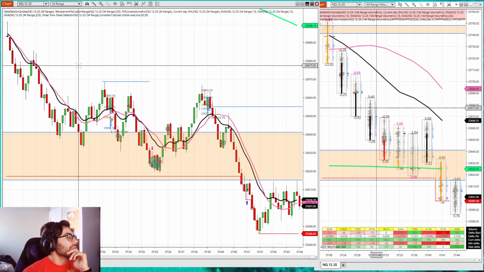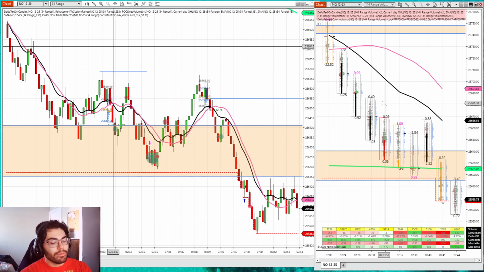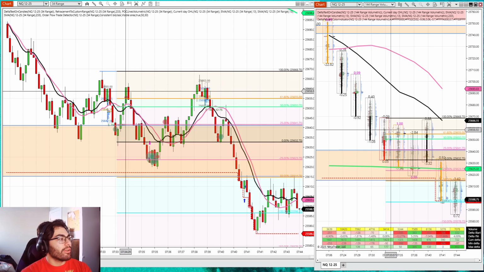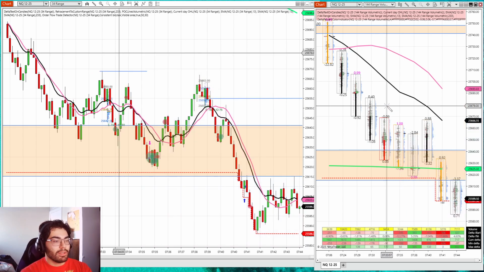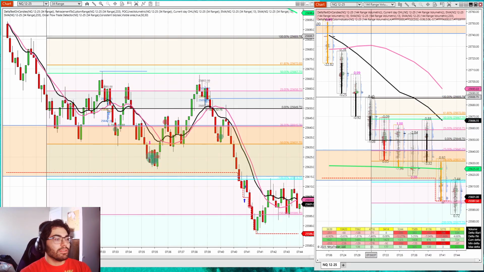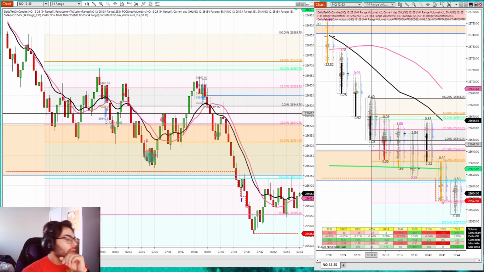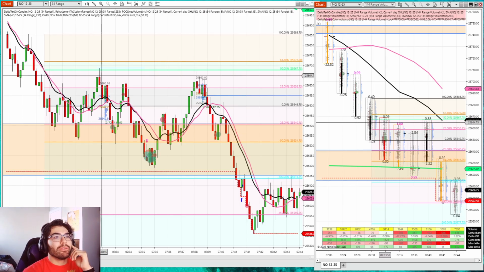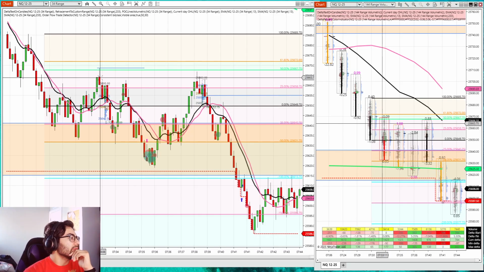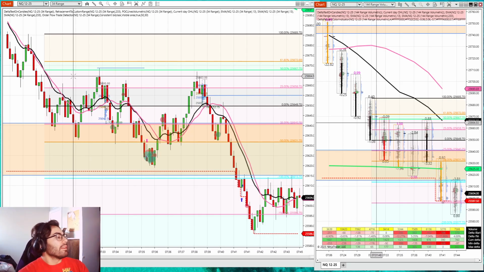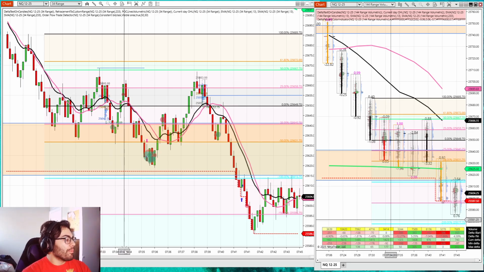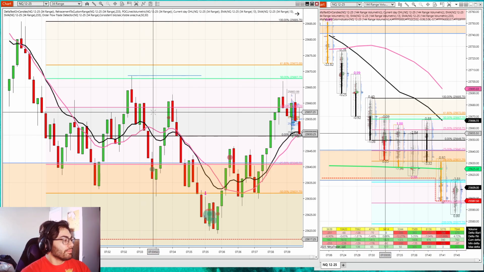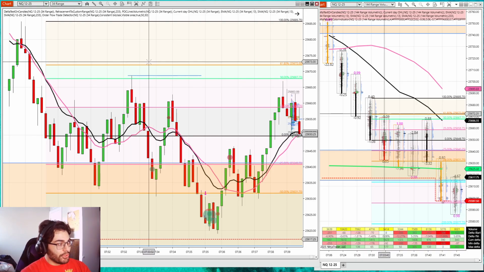It's because if we look at the 144, we retrace back into this 144 area. Actually, it's the wrong one. So on this 144 candle, we do retrace into that 50% level, as you can see here. And the OG model that I had was, we retrace back into the 50%